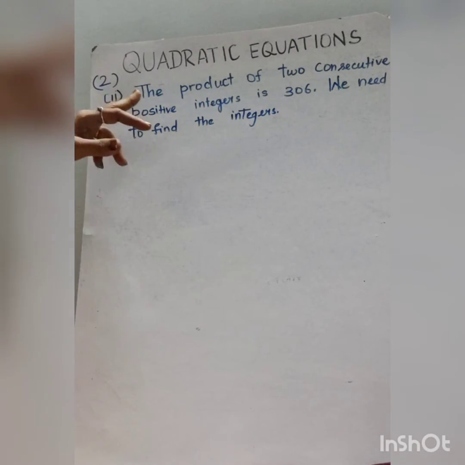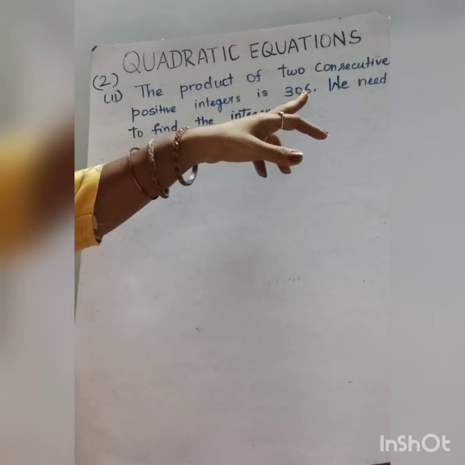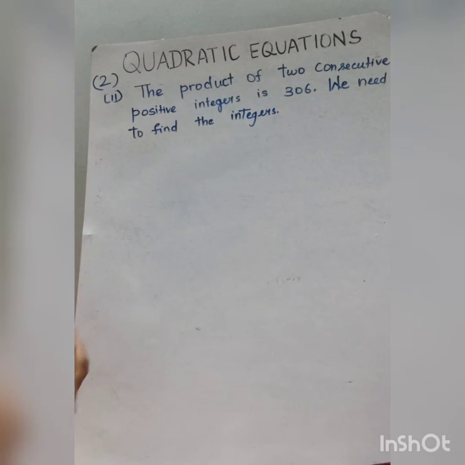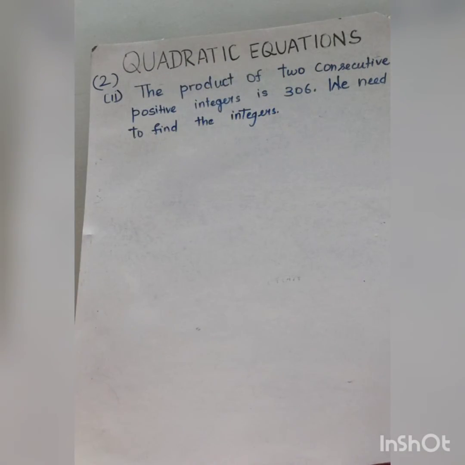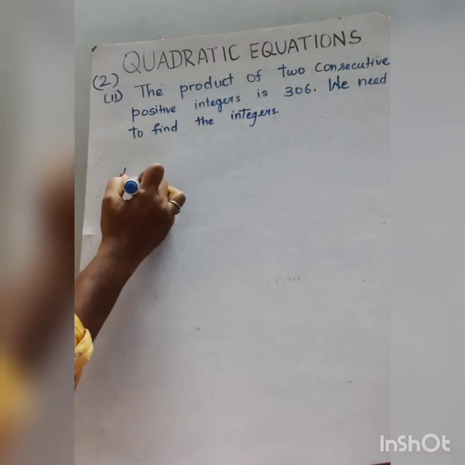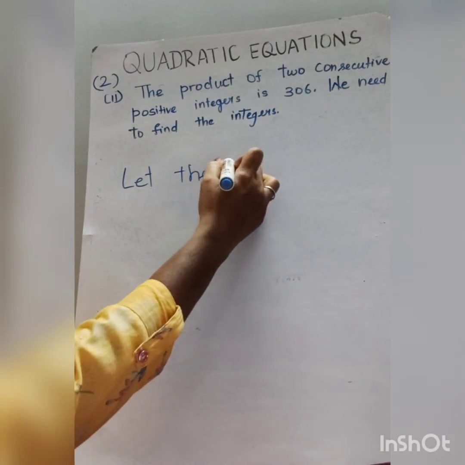Now, the product of two consecutive positive integers is 306. We need to find the integers. That is, first of all, we should represent the situation in terms of quadratic equation. So, first, what is given? The product of two consecutive positive integers. Suppose, let me take the first integer. Let the integer be